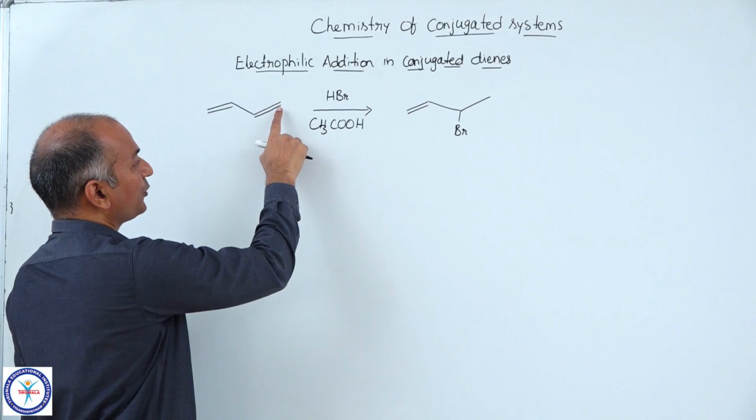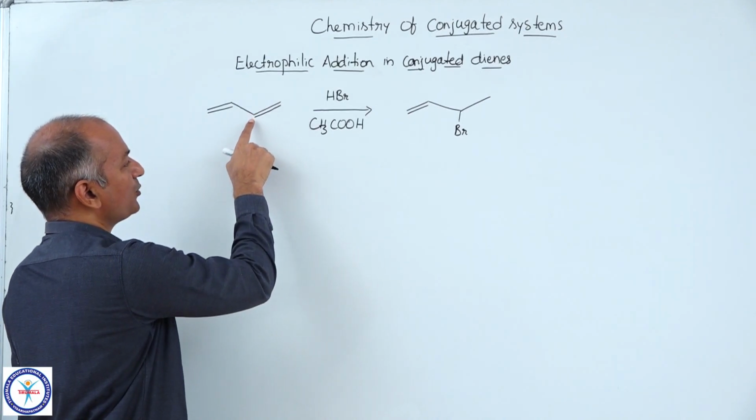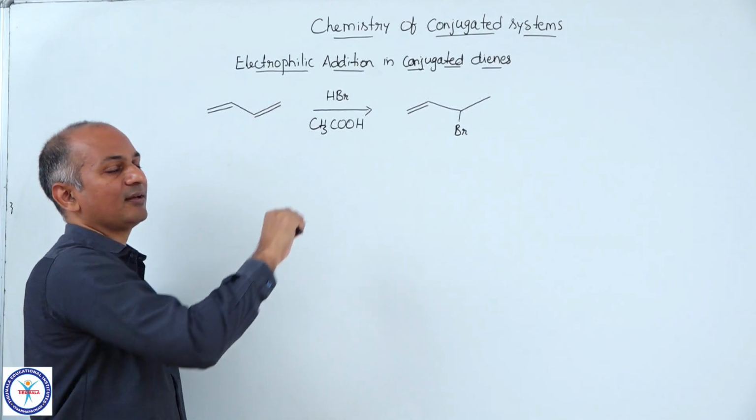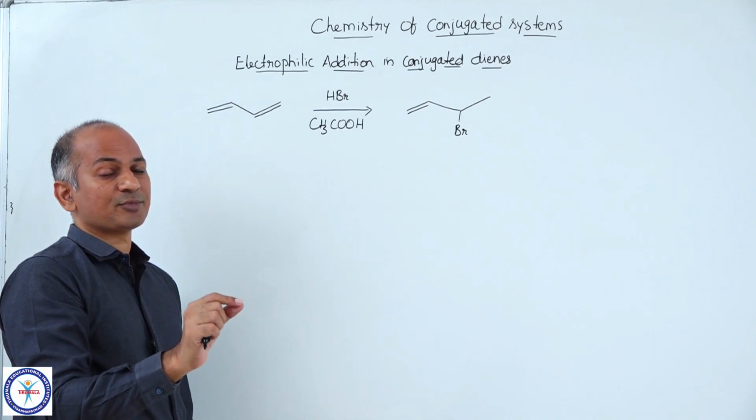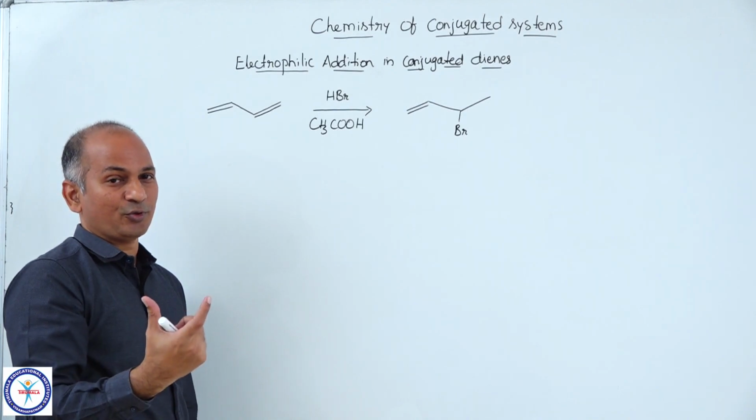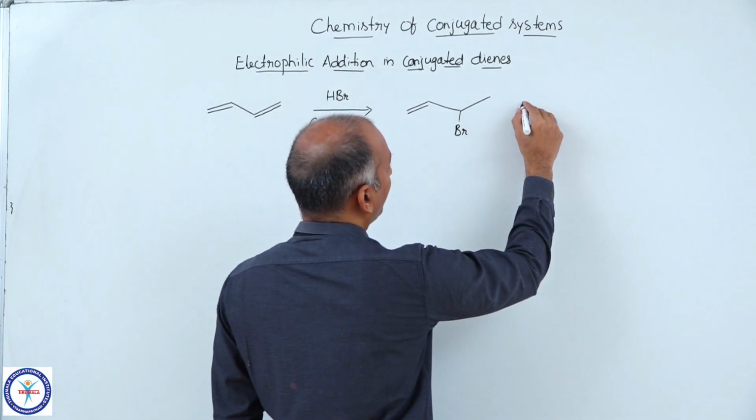H gets added to this carbon and Br to this carbon, basically an addition reaction. And because first H+ attacks in the rate determining step, that reaction is called electrophilic addition. You know that already. Now the second compound obtained here is